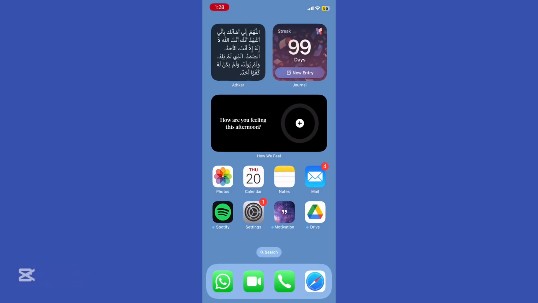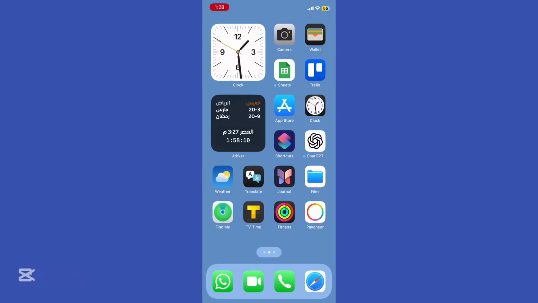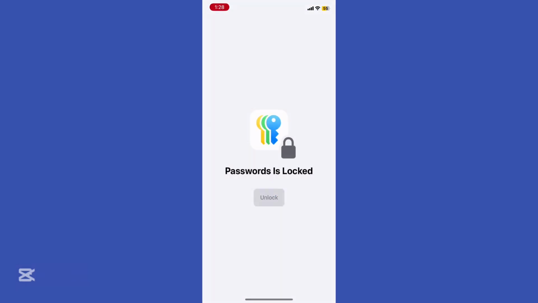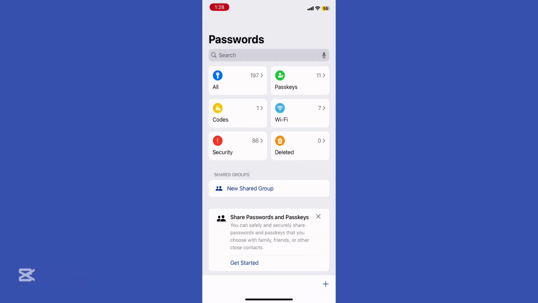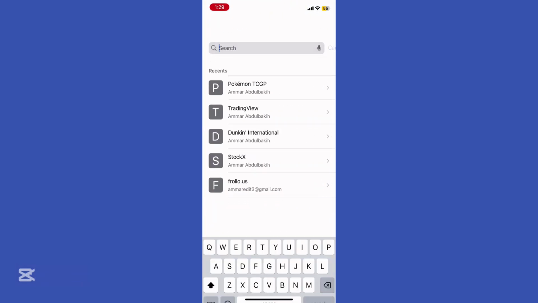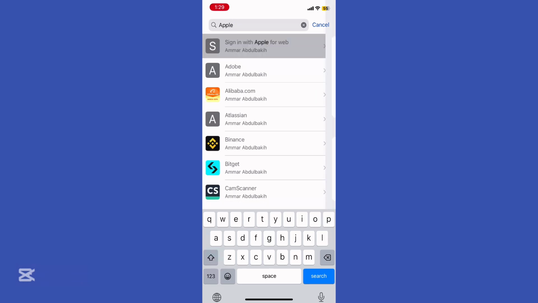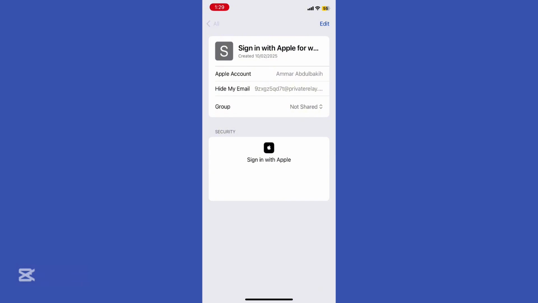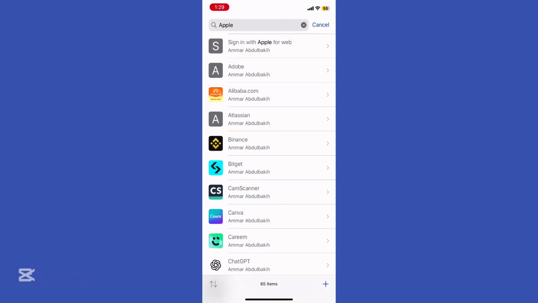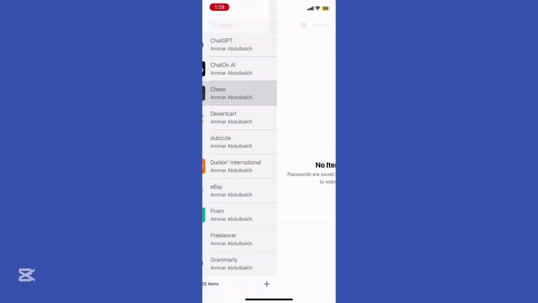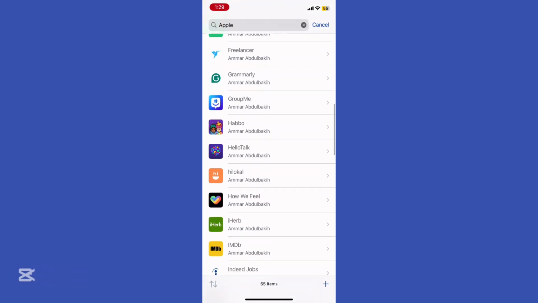Now, what you're gonna do, just go back to your screen, right? Swipe down on your screen and try to find the Passwords app, right? From there, you're gonna be able to basically access the Apple ID passcode, or password, right? And then you're gonna see exactly what kind of account and password that you're